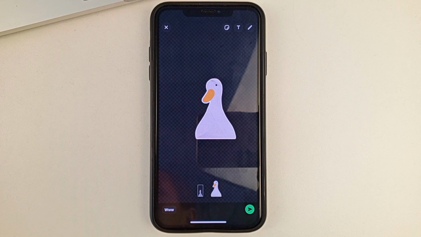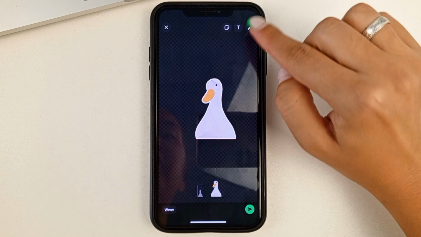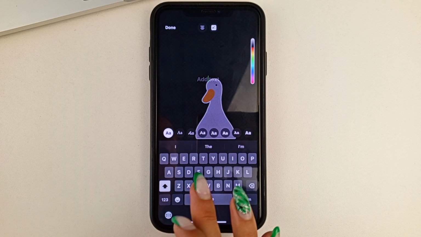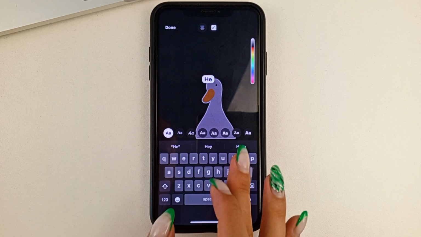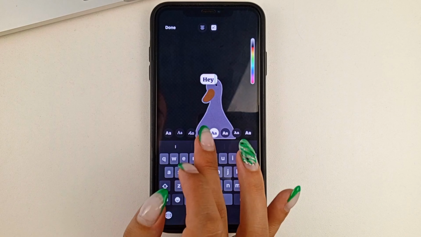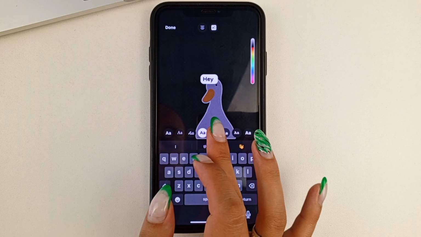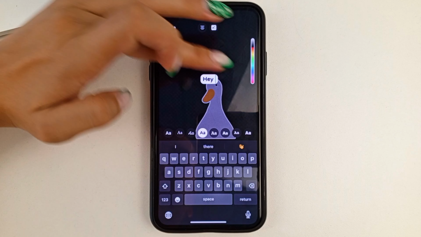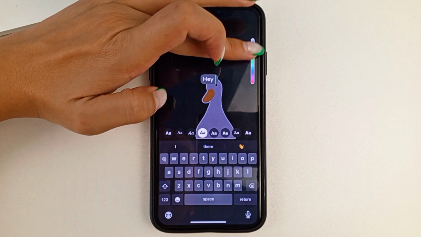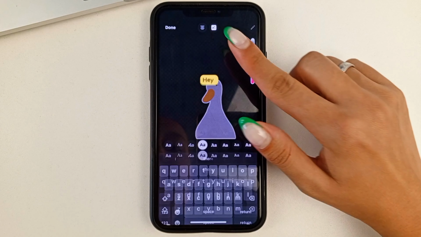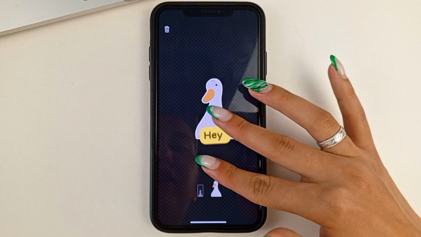Once you've chosen the option you want, you can also, for example, add text here. If you click on the letter T at the top, here you can add absolutely any text in any font you like. You can also choose a color for that font, for example. After that, friends, you can shrink it or enlarge it and move it somewhere.